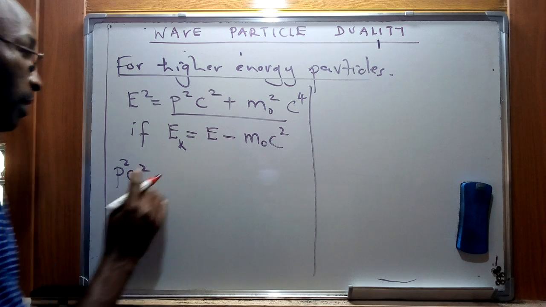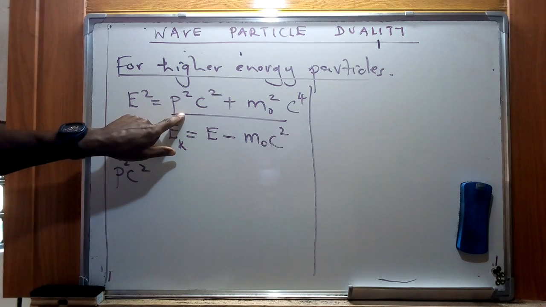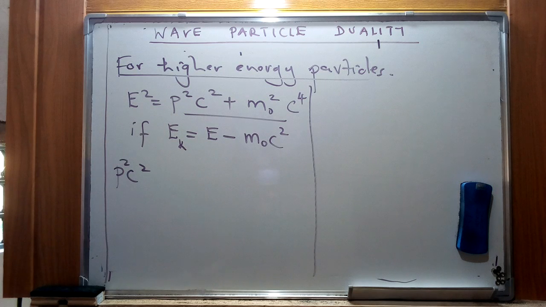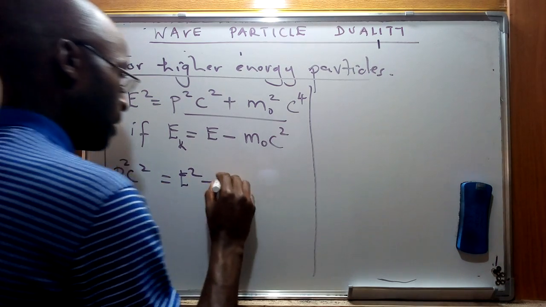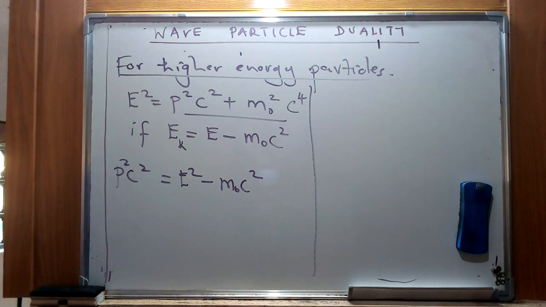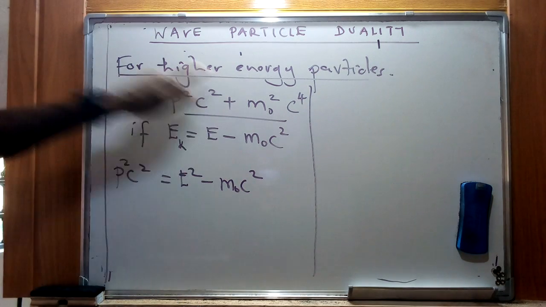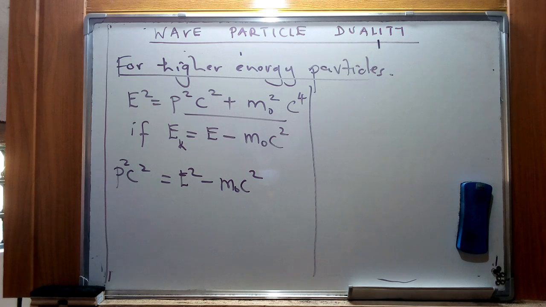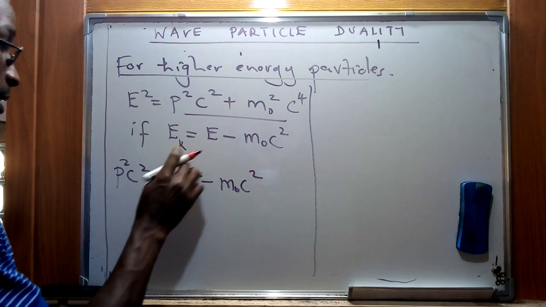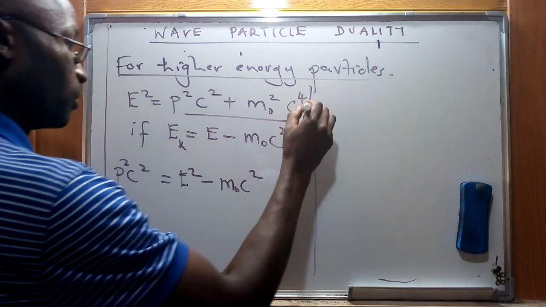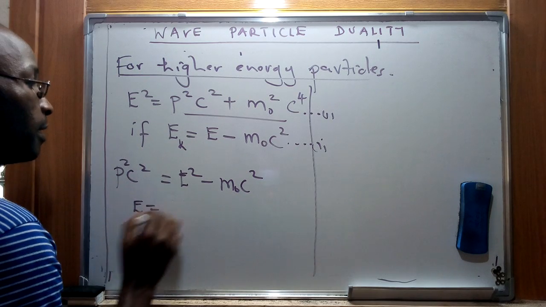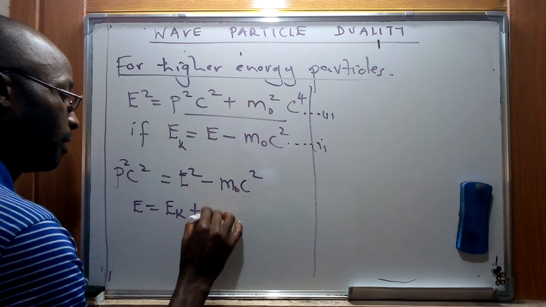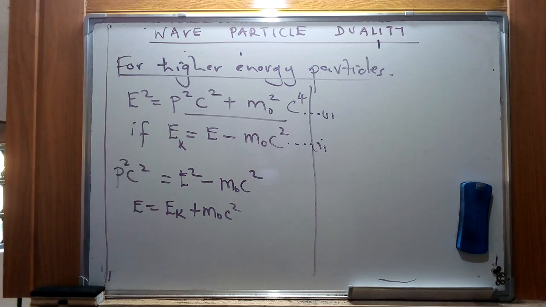I'm after momentum, so I'm after finding the relationship from the de Broglie relationship for wavelength from this particular momentum. So I'm going to have P squared C squared equals E squared minus m0 c squared, from this specific part. I've just taken this to the other side of the equation. So we have E being represented, from the second formula, as Ek plus the rest mass times c squared.